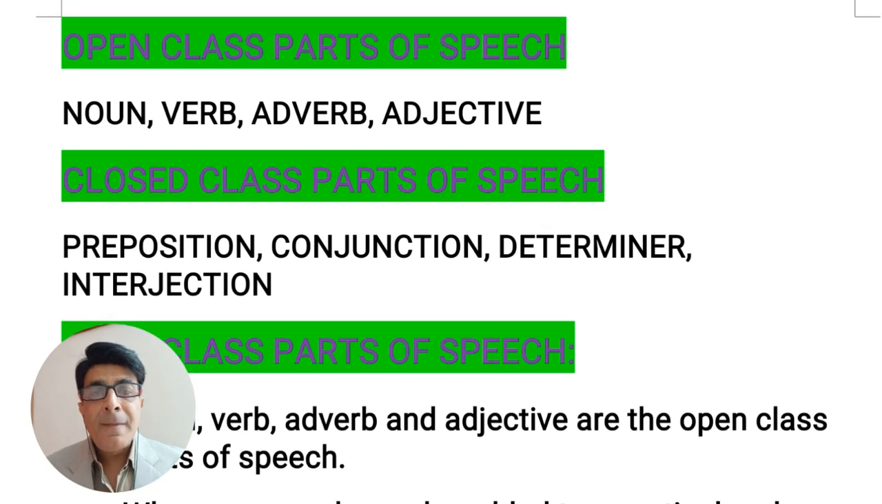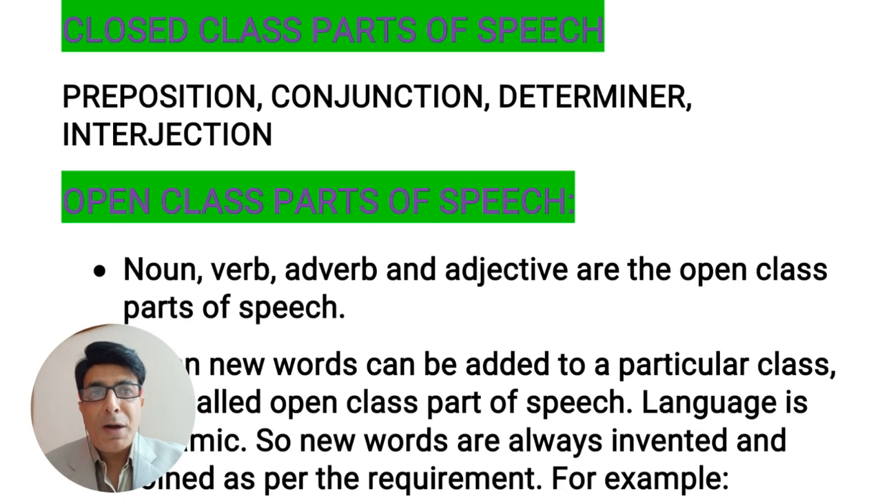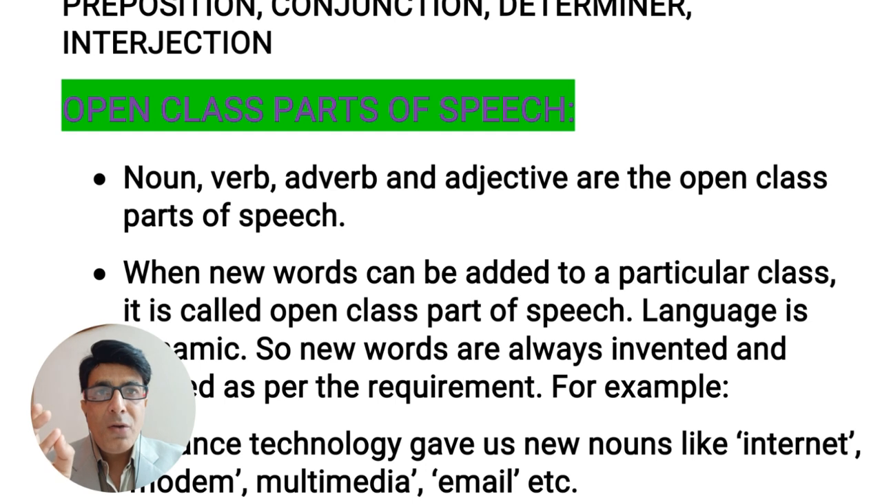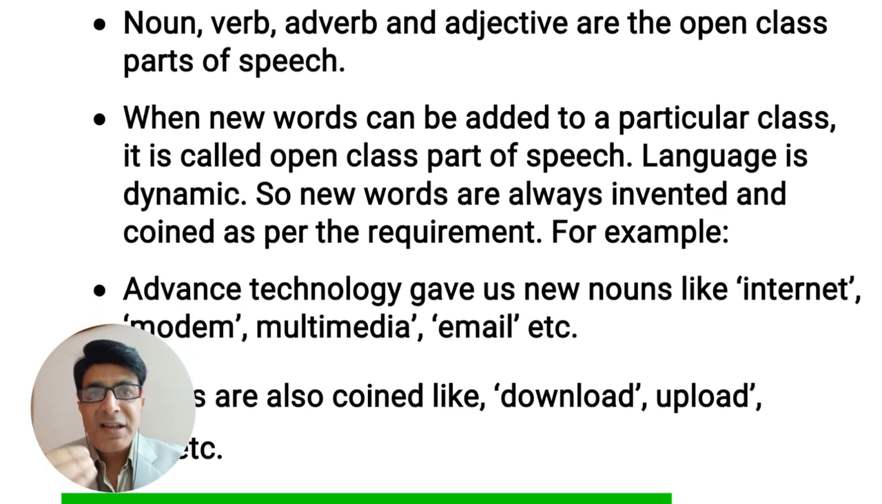Now, on the other hand, we have 4 types of words which are known as closed class parts of speech, and they are prepositions, conjunctions, determiners and interjections, right? Now the question is, what is this open class parts of speech? Okay, as I told you, noun, verb, adverb and adjective, these are open class parts of speech. Now what is the definition of open class? The name itself tells us what is open class parts of speech. When new words can be added to a particular category or a particular class, it is called an open class